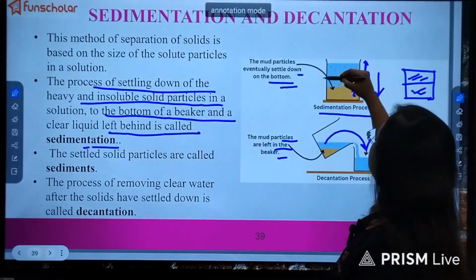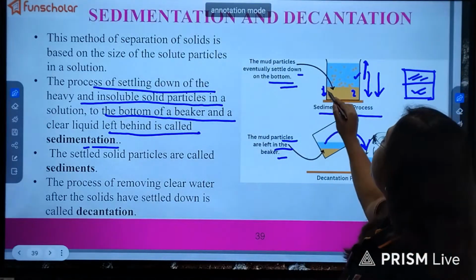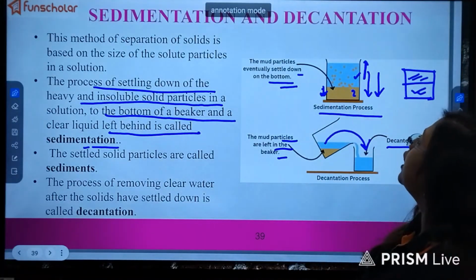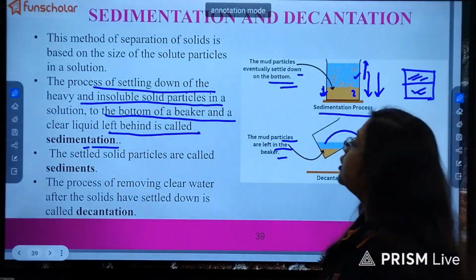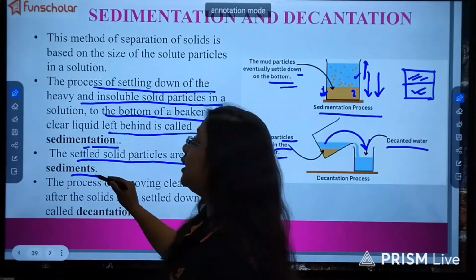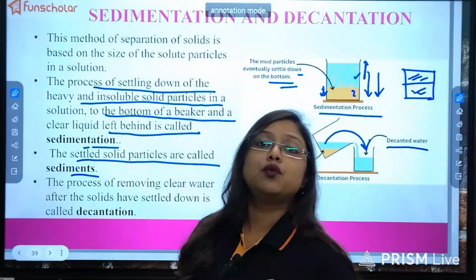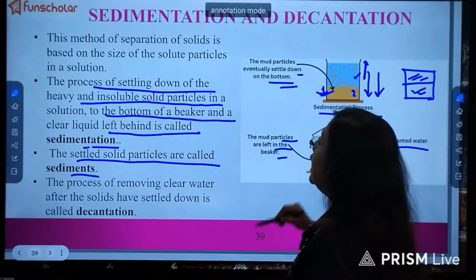ये जो मड एरिया और जो थोड़ा बहुत मिट्टी है वो नीचे नीचे एकदम सेटल डाउन हो जाना एवं ऊपर ओनली एंड ओनली वाटर रह जाना, this is actually called sedimentation. And the settled solid particles are called sediment. जो पार्टिकल सेटल डाउन हुआ है, लाइक जो सॉइल सब्सटेंसेस है जो सेटल डाउन हुआ है यहाँ पे, that's actually